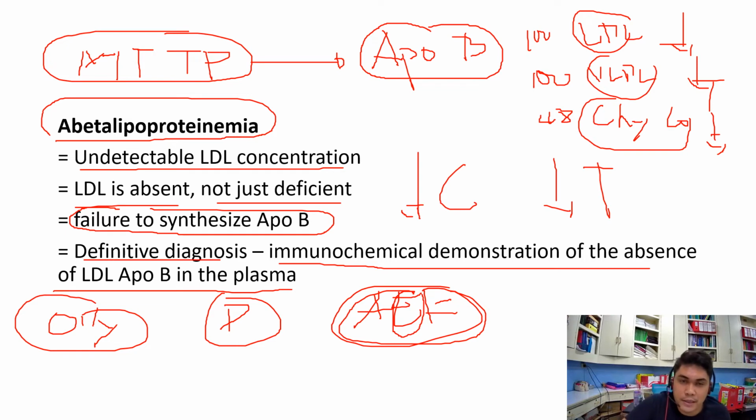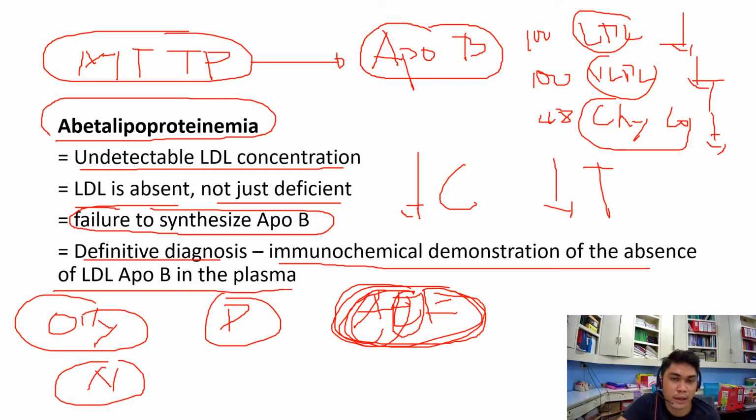Okay, now since these vitamins are affected, vitamins A and E are important in the maintenance of the health of our nerves. So for nerve health, you need A and E. Now the problem with abetalipoproteinemia, you have decreased vitamin A and E, especially E. Now these vitamins are important in nerve health. So if there's a problem with vitamin A and E,